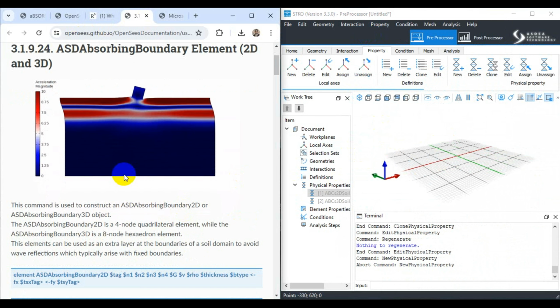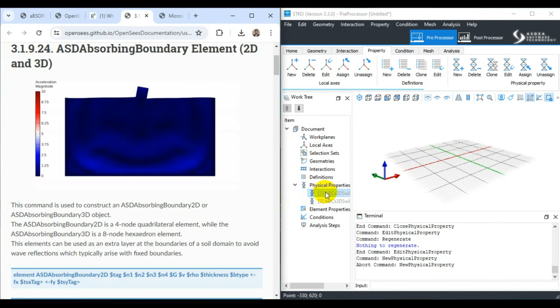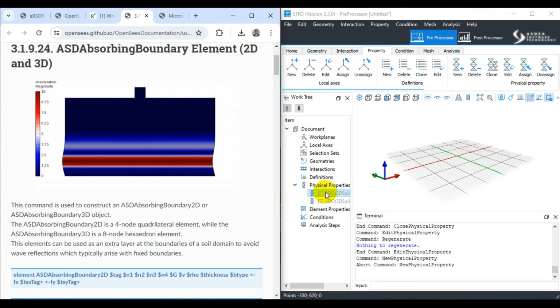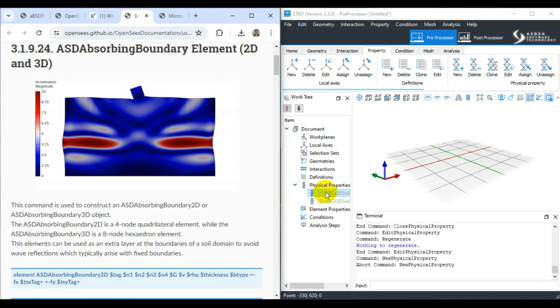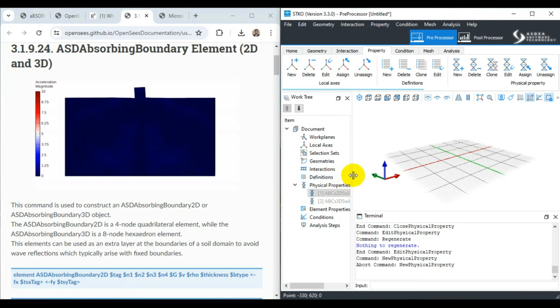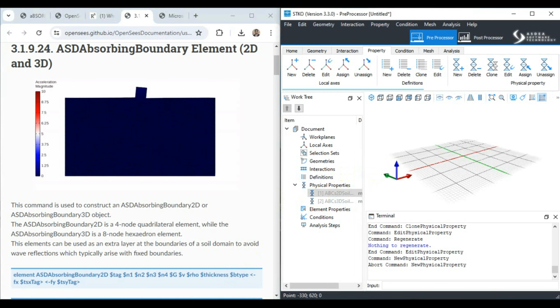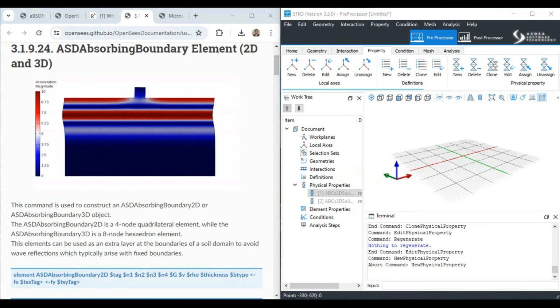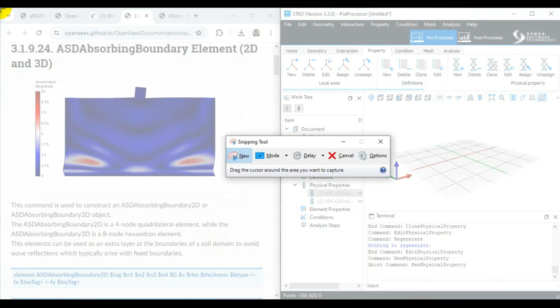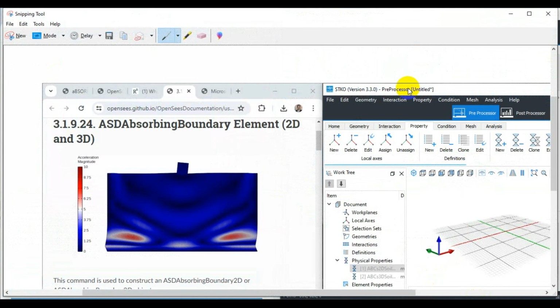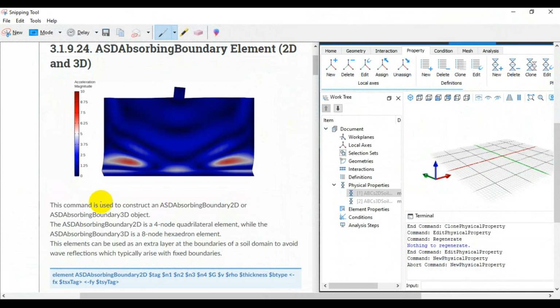This command that we are using here basically constructs absorbing boundary conditions for 2D and 3D elements, and the definition involved between this 2D and 3D element definition is like this. For example, if we consider this 2D boundary condition and 3D boundary conditions that we are using in this object for the physical properties,